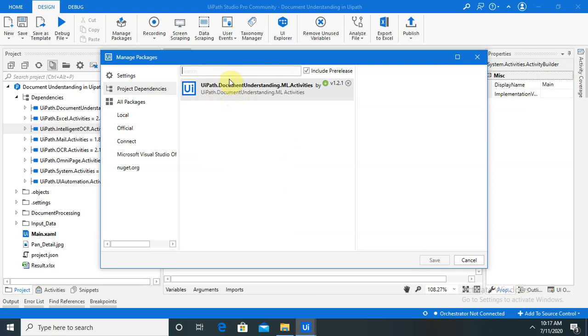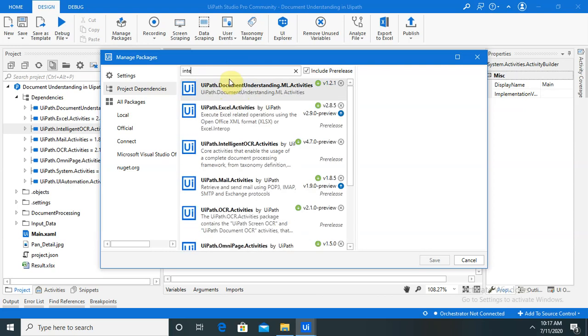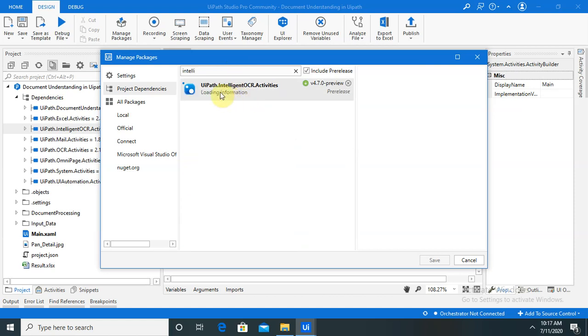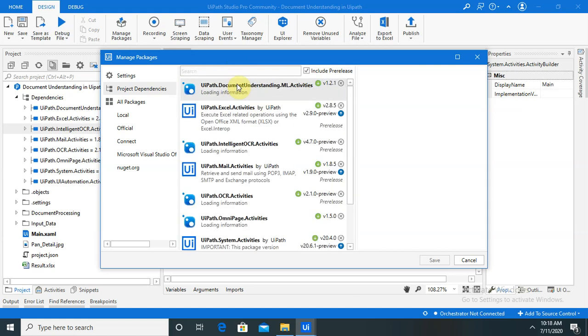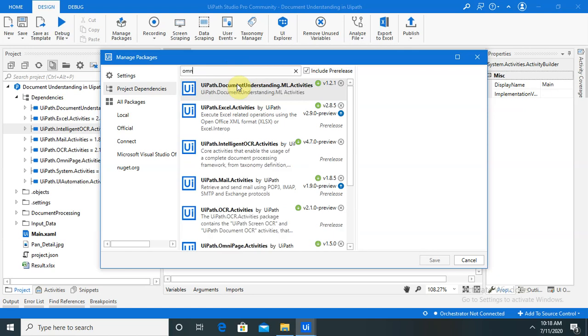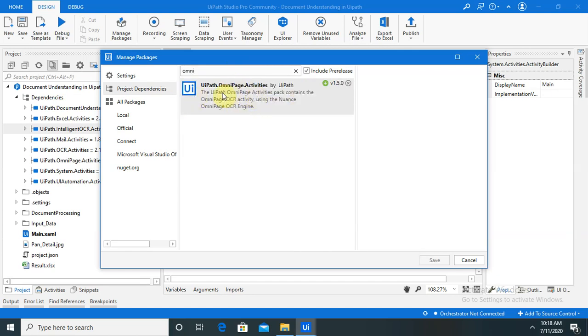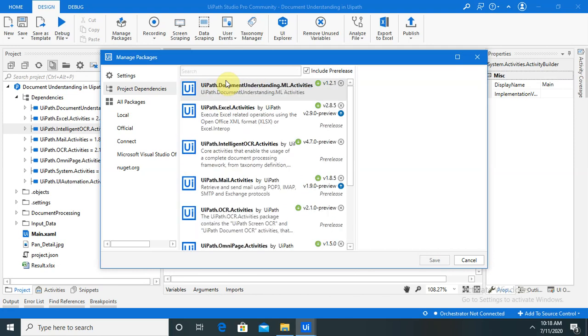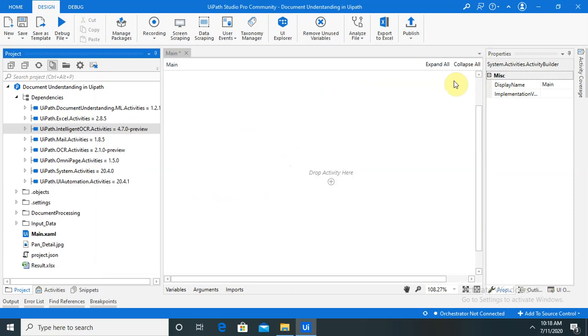Then second, Intelligent OCR, install this OCR activity. And third, we need the OmniPage activity. And the final is the Intelligent OCR activity we are using for load taxonomy. So after installing this, you are able to see all the packages are available here.